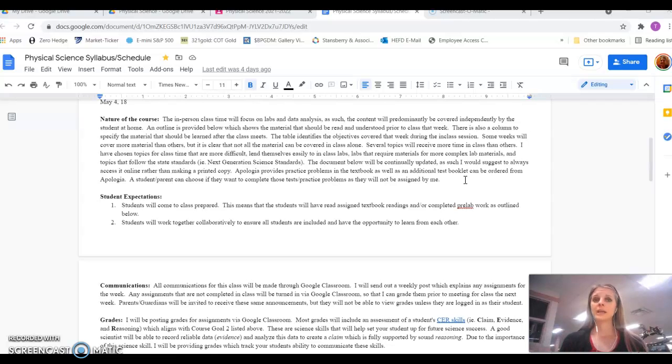So during a lot of it, I have to kind of pick and choose what can I do in my 90 minutes. And so when I'm deciding that, I'm looking for labs, and I'm looking for labs that might be more difficult to do at home, labs that you may not have the equipment for, but I do, and also labs that follow the state standards. What's good about the state standards is that it's really pertinent to this age group. And so I know that it's something that they can handle and something that's applicable. And so those are the ones I'm leaning towards to pick out of the chapters.